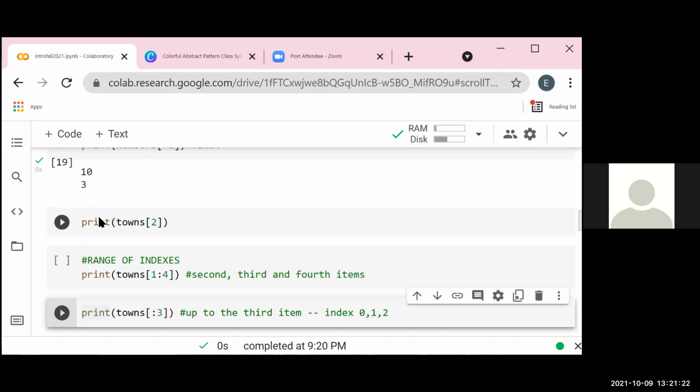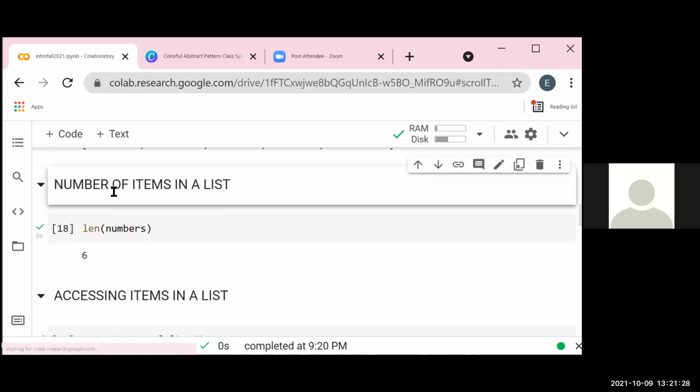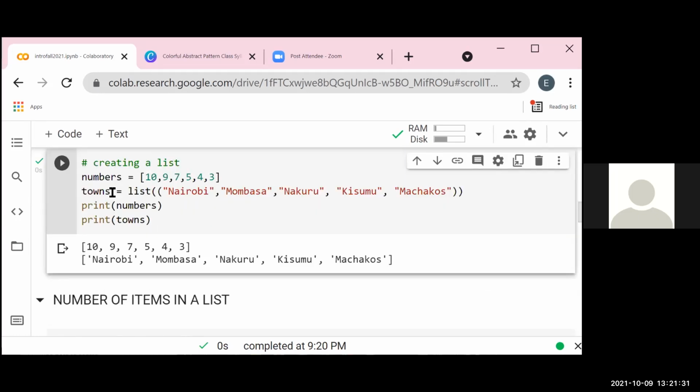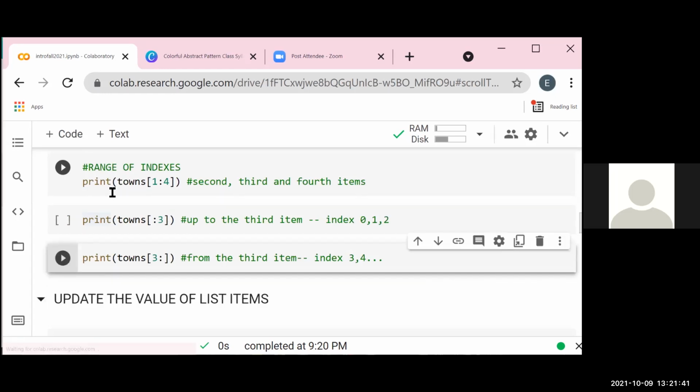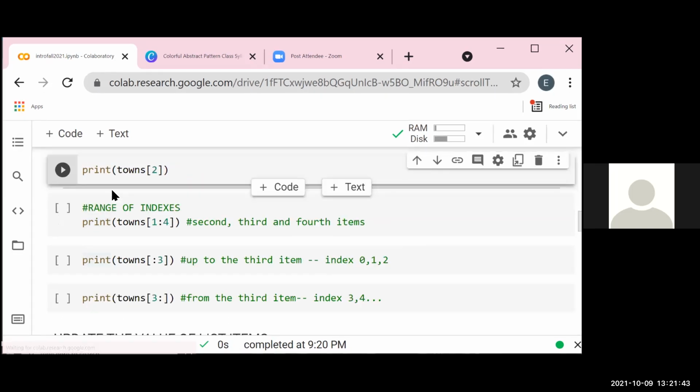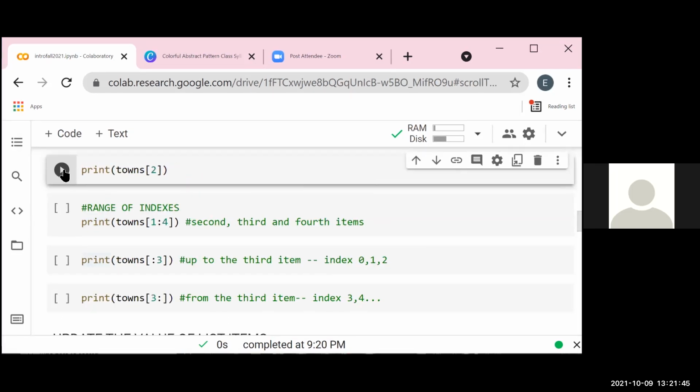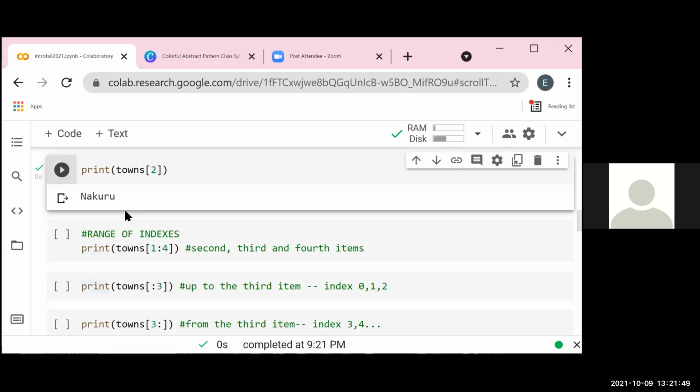So we expect to have Nakuru as our third item. If I print this, I get Nakuru.